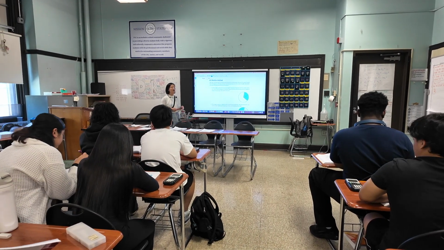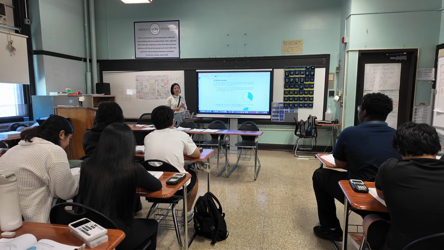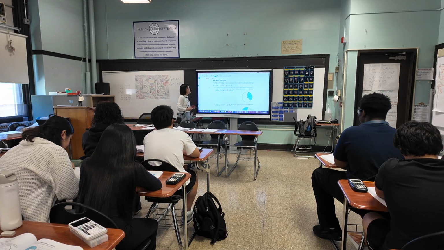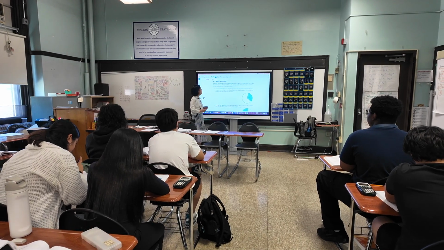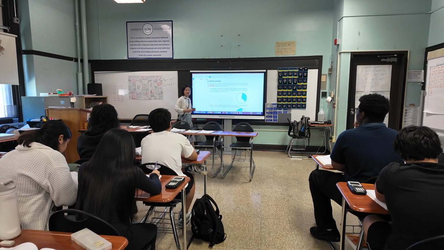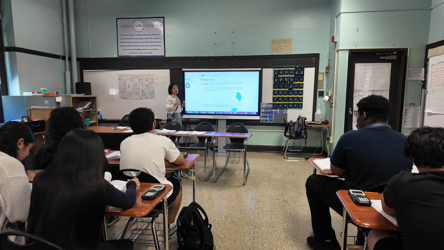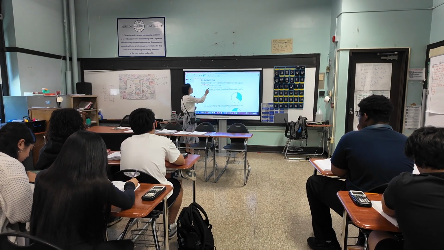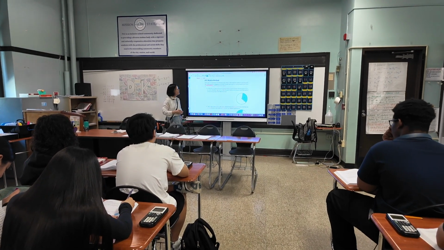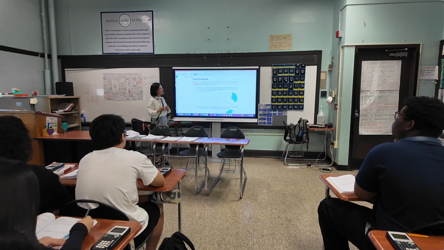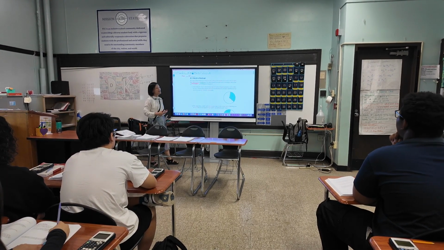So let's see. A student in this book says he has the same concern as what you guys just talked about. He said, I know how to find the area of a sector or the length of an arc for a central angle of 180 degrees. We did that, right? You divide by 2 after you find the area or the circumference. And then 90 degrees, we also did this, and you guys found this easily as well. But they said, I don't know how to do it for central angles that make up more complicated fractions.